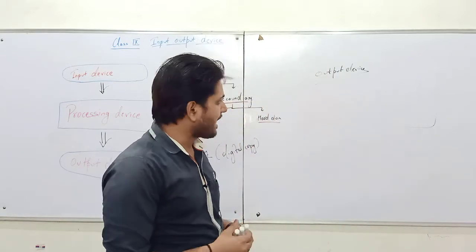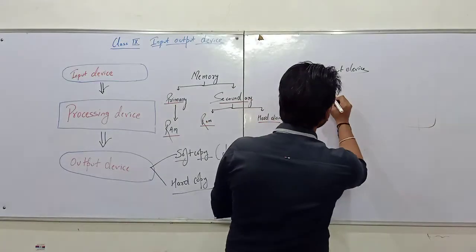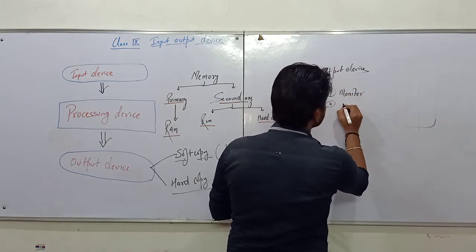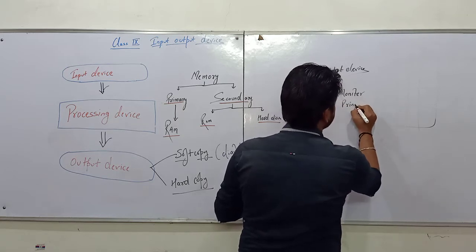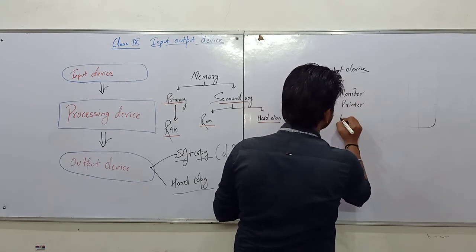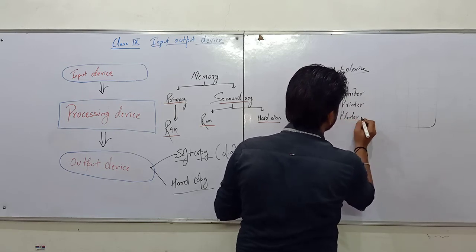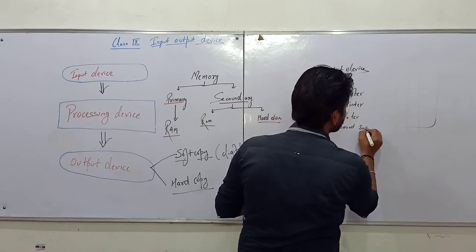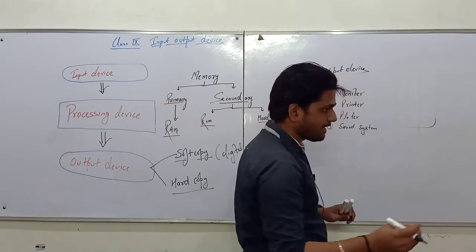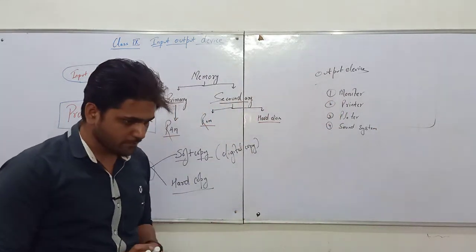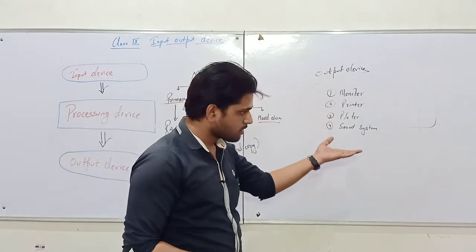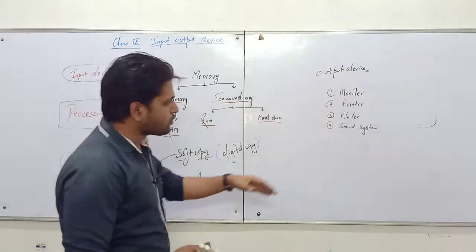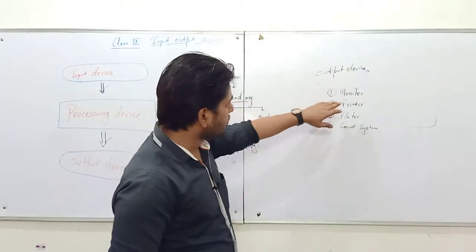Here basically we have output devices. The monitor is a basic device which is needed for each and every computer system. Second, we use printers, then plotters, then the sound system. Now just talking about the sound system, in this the mic is an input device because it gives our voice command to the computer system so that it can be processed and we can get the output. Sound system and many more we have. Right now discussing the monitor.